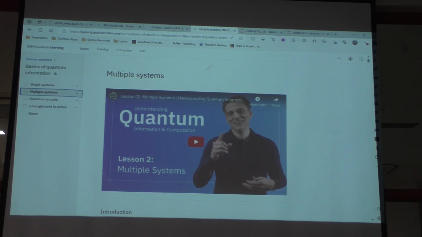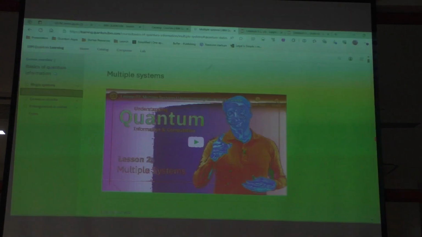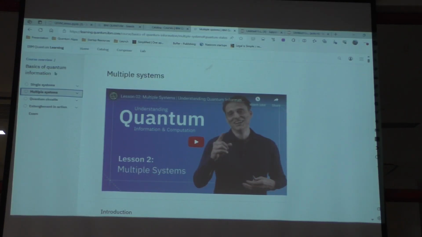Grover's is very famous, and if you hear Grover's, you might think it is made by an American scientist, but it's an Indian scientist. His name is Lov Grover. He is an IIT Delhi graduate. So it is an Indian scientist's contribution, and also other algorithms like the Bernstein-Vazirani algorithm are also a contribution from an Indian scientist. So a lot of Indian scientists have contributed to quantum information.